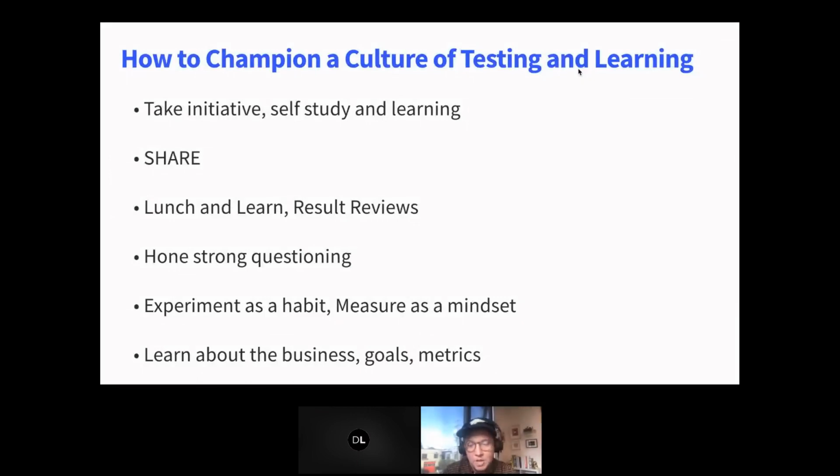The first thing is really about taking it on as a self-initiative, self-study kind of process. If this excites you, if you're excited by being able to design alongside this kind of growth mindset and data orientation, you don't have to necessarily make a pack or a club with a bunch of other individuals. You can stand alone in that. You can take your own self-study path and learn and understand this more so that you can be the voice of that internally.